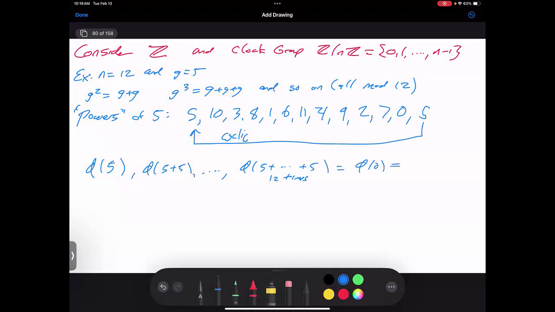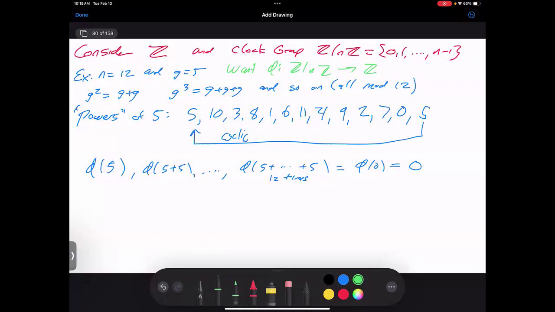And what does phi of 0 have to be? 0. So if I have a group homomorphism phi from the clock group to the integers,